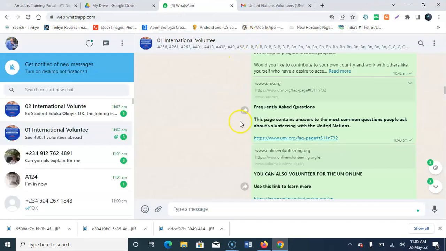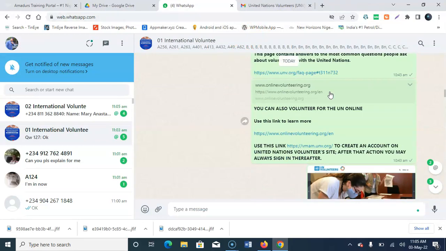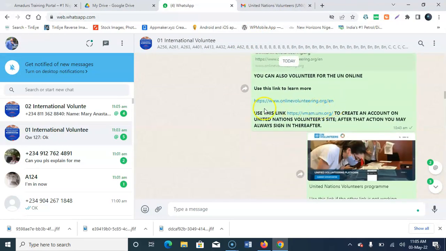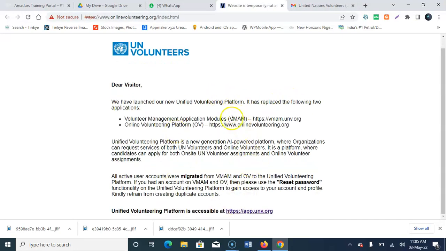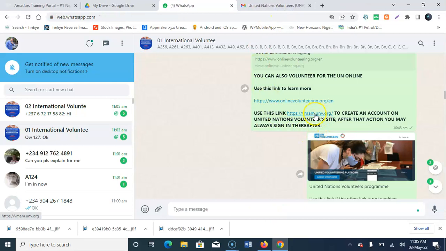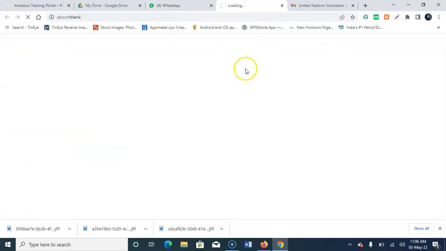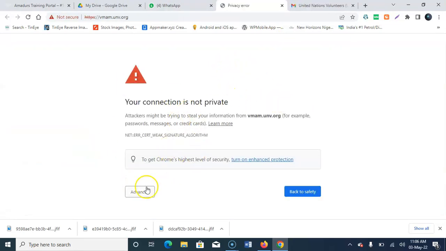Okay, now the next one here, outside the frequently asked questions, is the link. When you use this link, it might not work. This will bring you here and start telling you stories, so you can either click this one or go to the next one. You can use this one here, it will bring you here, but it is showing not secure because of the SSL certificate.